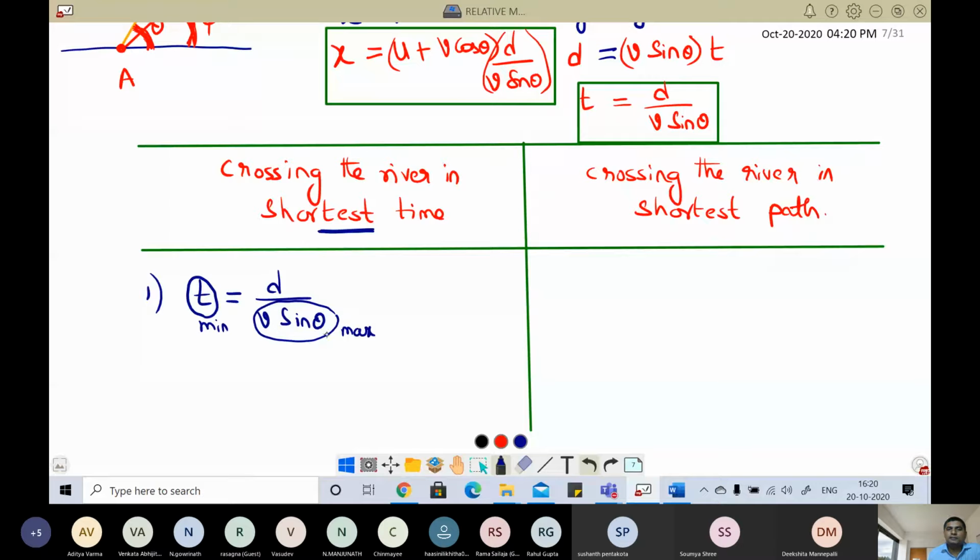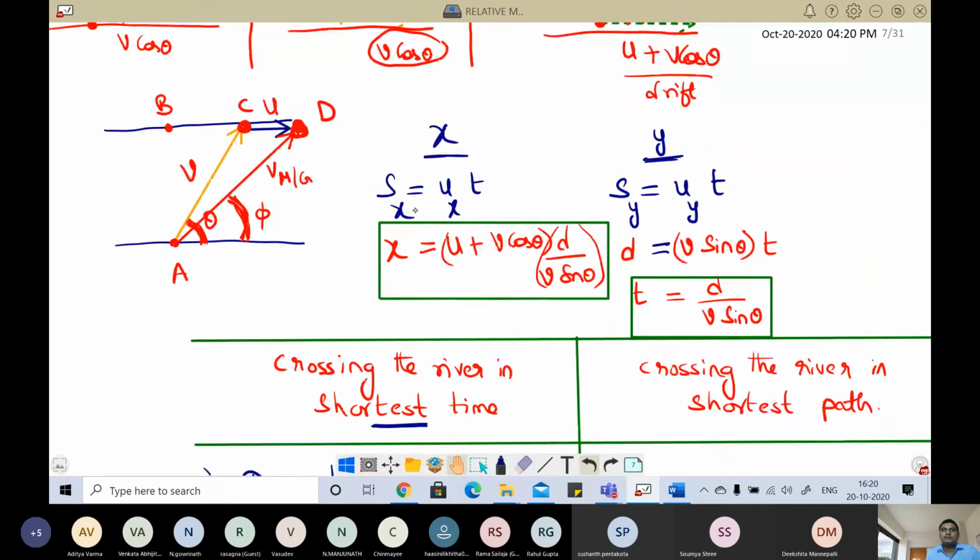So in this, v is constant velocity. V is the velocity of man with respect to river, which is nothing but his effort, which remains constant. So only variable is theta. So theta has to be maximum, that means sin theta has to be maximum. So what is the maximum value of sin theta? 1. So therefore theta should be equal to what? 90 degrees.